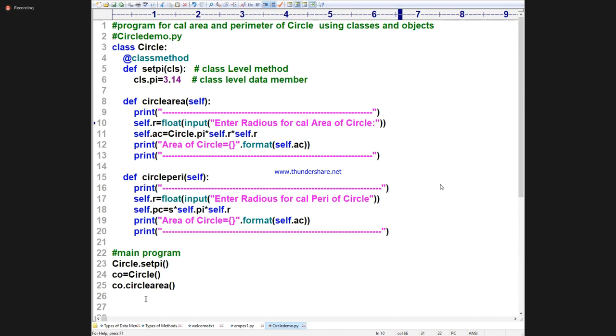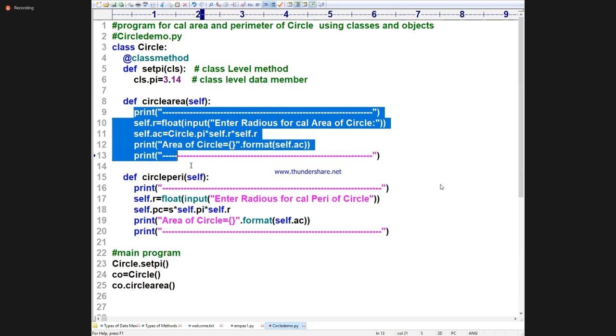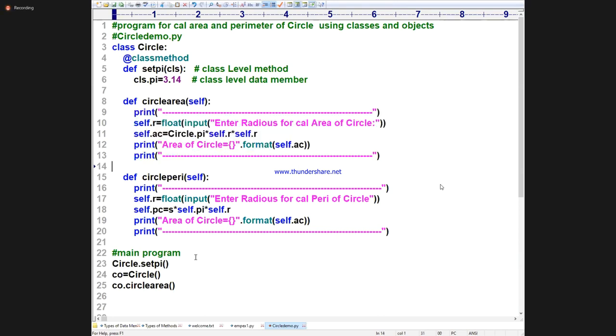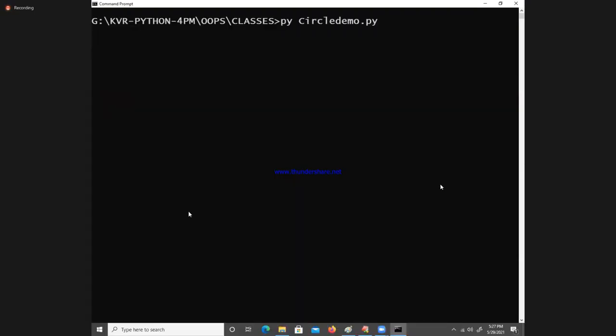Avinash Mishra, what is that? Self.pc. Where is PC? Satyam Sharma, I called it like that only. Inside circle area only, I am calling that. Right, 19th line. 19th line is this. Self dot PC. Okay. Self dot PC. Correct. If you specify the line number, then I can understand. Yes, ma. Now you execute.